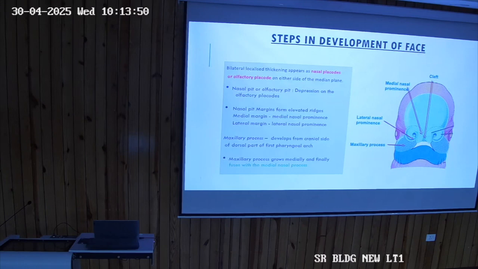Now, surrounding this depression, something is elevated. Why? Because its margins are elevated. So, elevated margins of this nasal placode surrounding the nasal pit on the medial side are known as medial nasal process. And elevated margins on the lateral side of the nasal pit are known as lateral nasal process. अब कितने process हो गए आपके? Frontonasal process, basically medial nasal process and lateral nasal process. These are arising from the frontonasal itself.